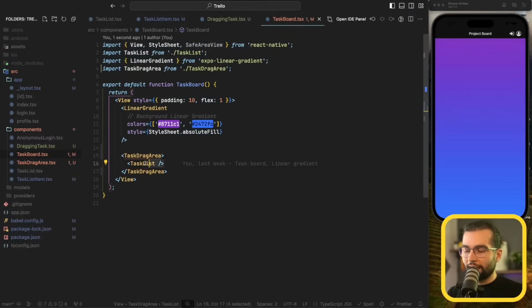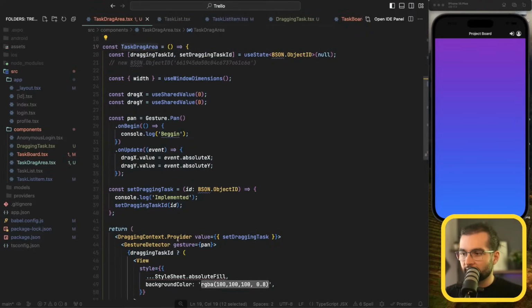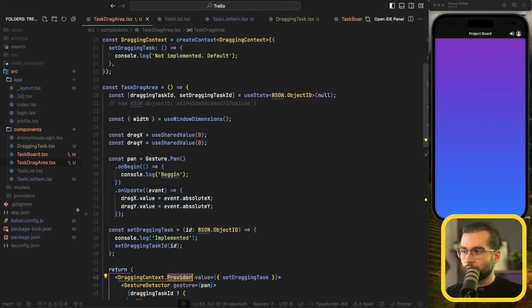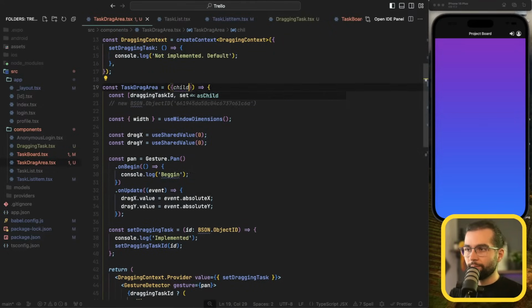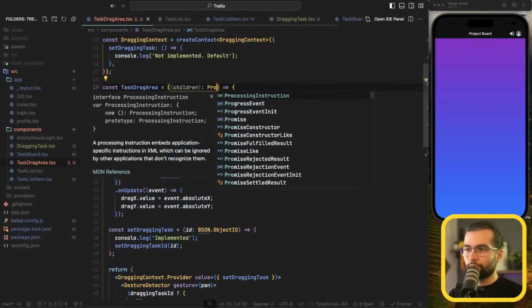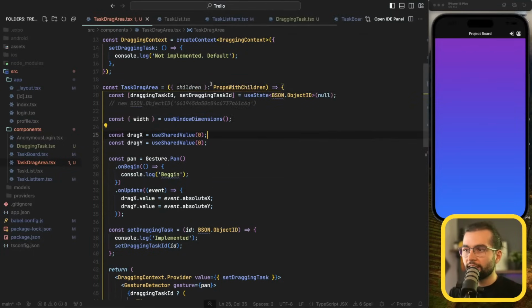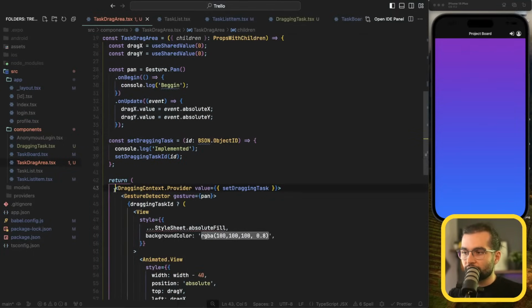So now if we go ahead, it's not going to be rendered, but if we properly render them inside the task drag area, the task list and all the children, like the item, will have access to the context that is inside our task drag area. Task drag area has a context. The only thing that we need to do is in this task drag area to receive the children property. We can type it also with props with children from React